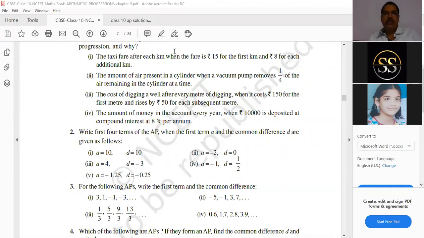The sum of all terms of AP is S equals n by 2 of A plus L. Very good. If you know the first term and last term, particularly this formula you can use. That means the series is a finite AP, we can use this formula. Good. Next. 2 more left.